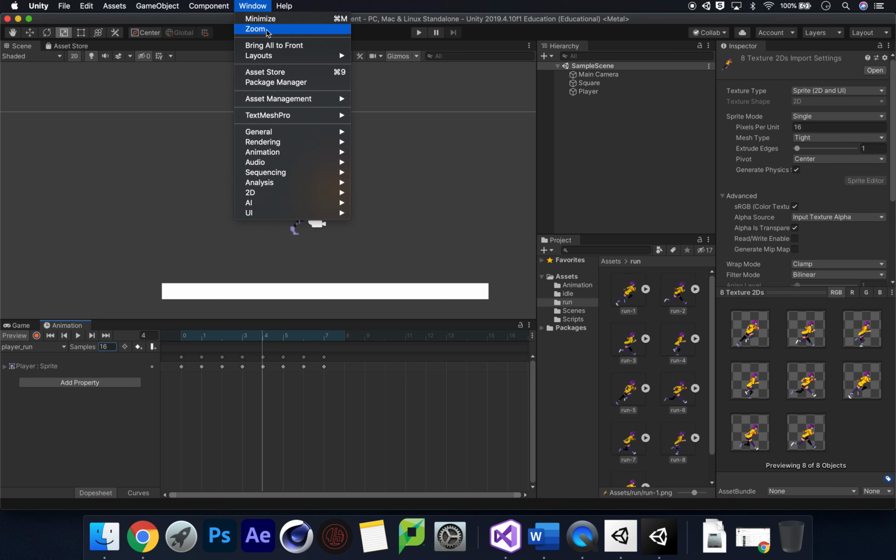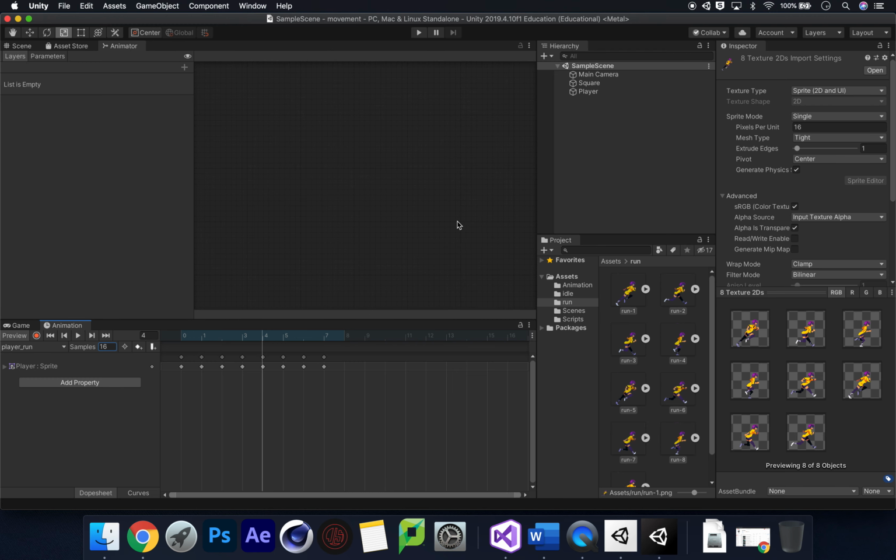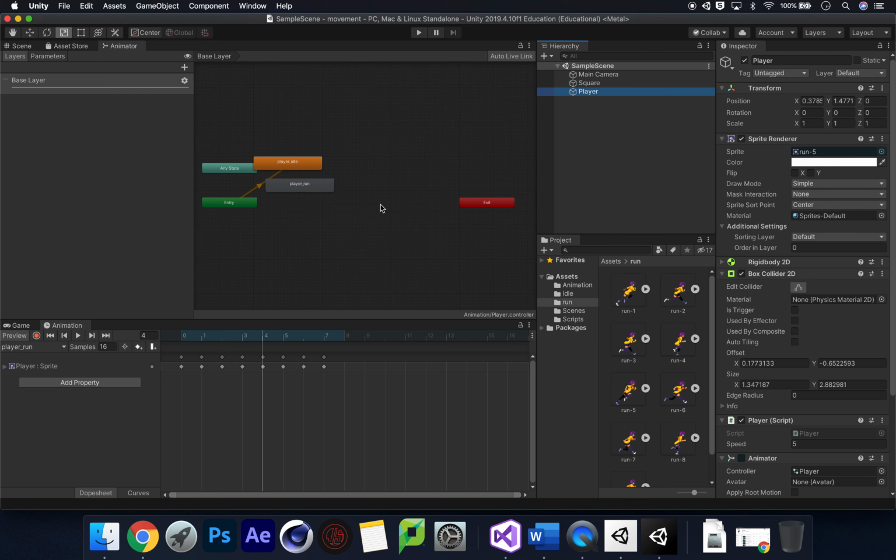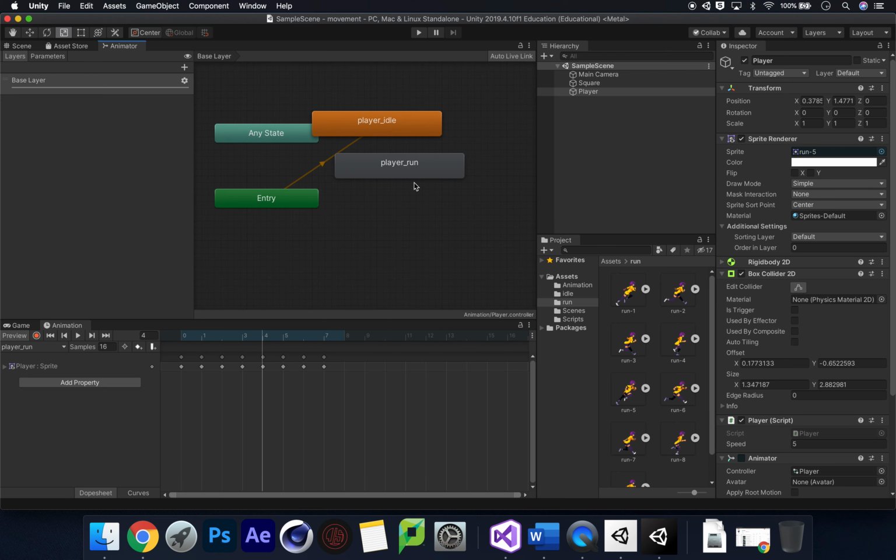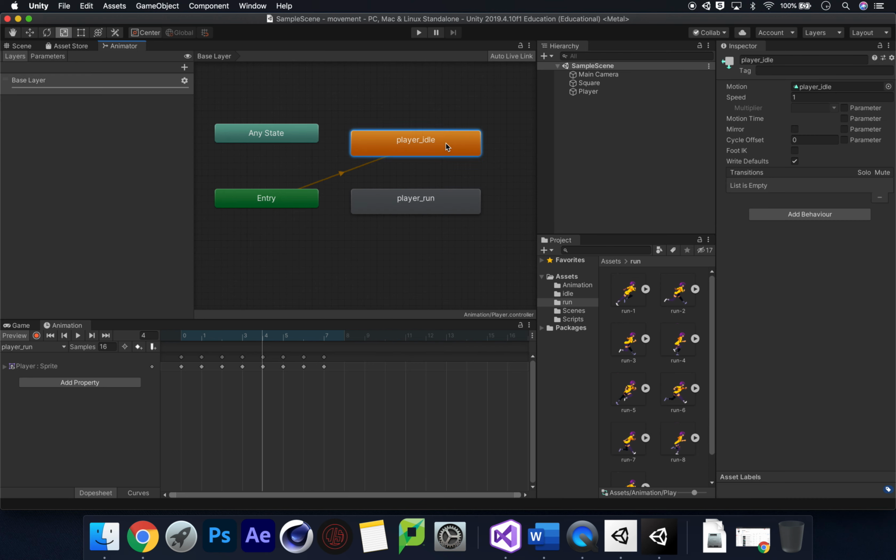So we go up to window, go to animation, and we're going to go to the animator window. So at the moment we haven't got anything there. We need to make sure we clicked on our player, and as we can see we have 2 things here. If we zoom in, we've got our player idle and our player run. Okay, so if I press play,